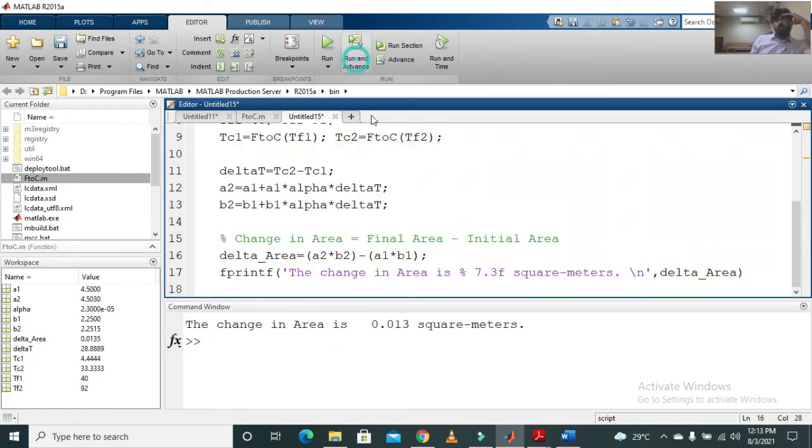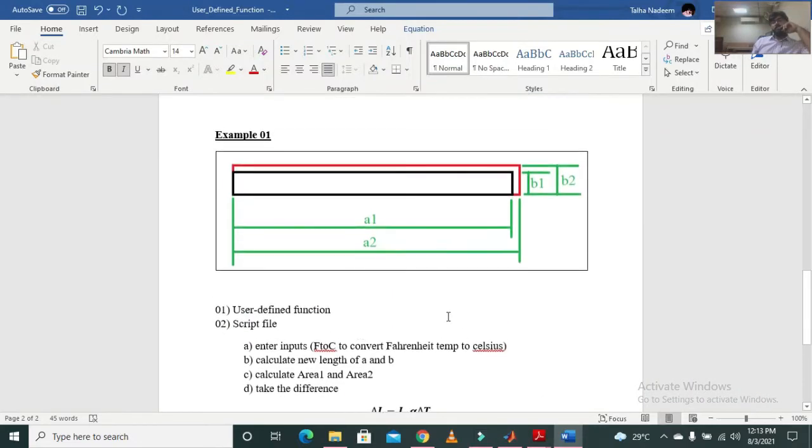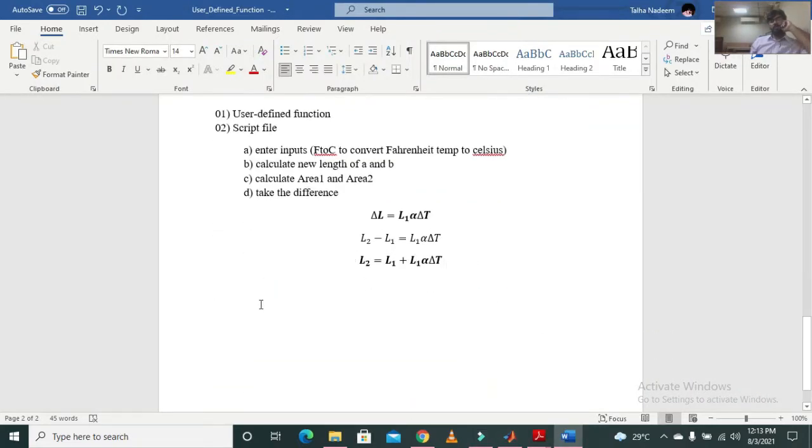So I hope it is clear to all of you how we make a function file and then how we use that function file in our script file. So this is what the user defined functions are. We will do one more example of it, which will be a bit more complicated. So now the question is, let's say if such a question appears in the exam, what are you going to do? First you are going to write down a function file,